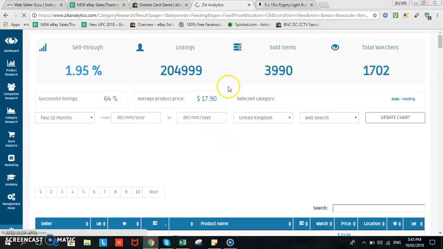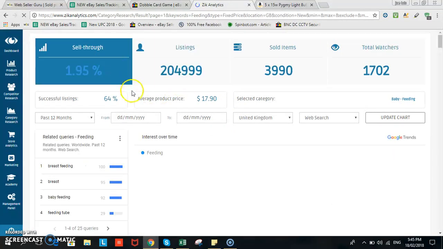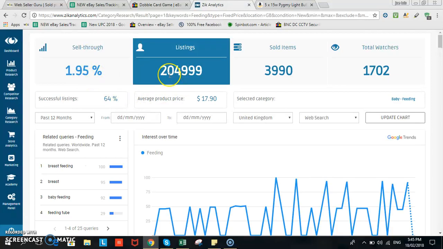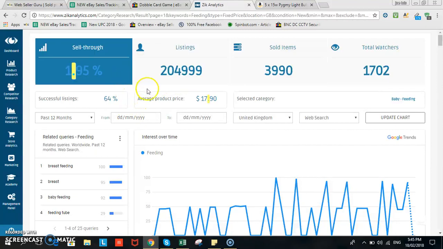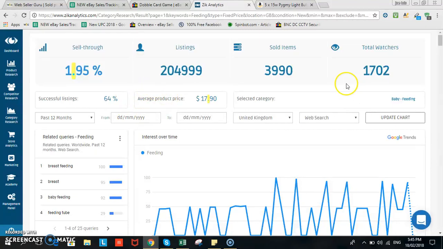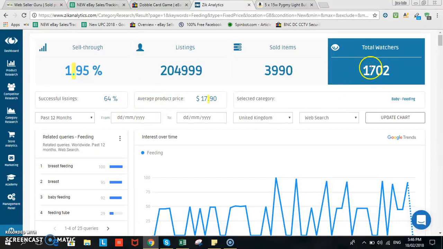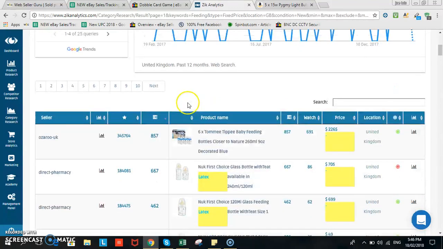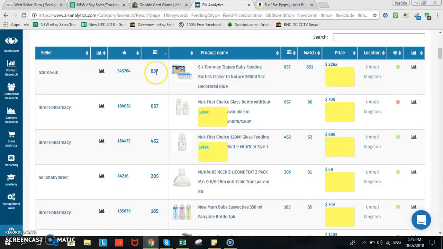So as you can see, there are many listers about this one in the subcategory feeding bottle or whatever feeding that is suitable for baby. Then you can see the watchers and the sold items. So this one, Tommy Tippee, look at that, 857 sold. So just pick it,